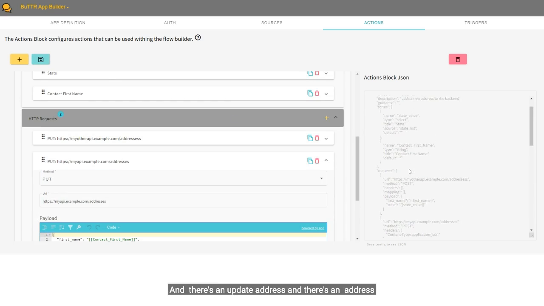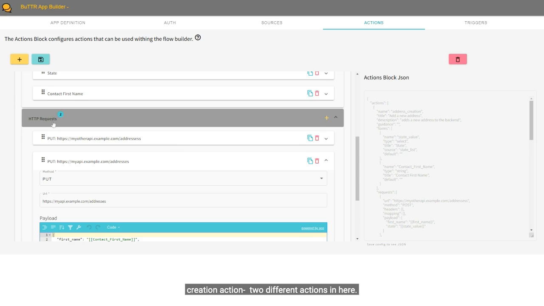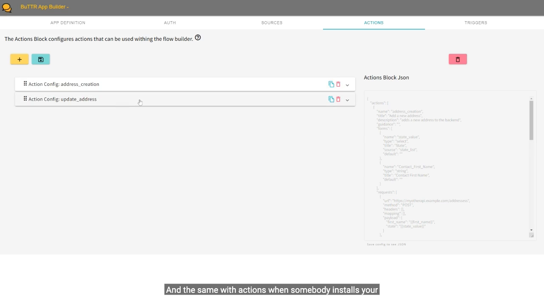There's an update address, and there's an address creation action, two different actions in here. And the same with actions. When somebody installs your app and they want to configure an action from your app, they see a list of actions and it shows up in the order in which they are in the actions block. If you wanted to change the order, these are draggable as well. So you could just push this up and click on save, and you'll see the update address becomes the new one. So this is how you can go ahead and create actions. It works pretty much similar for other actions. You could change the HTTP request, and that's how you would use this screen to create one or more actions for your